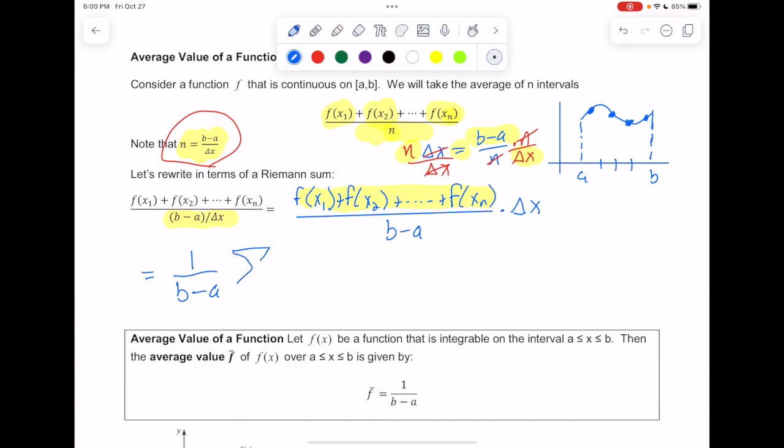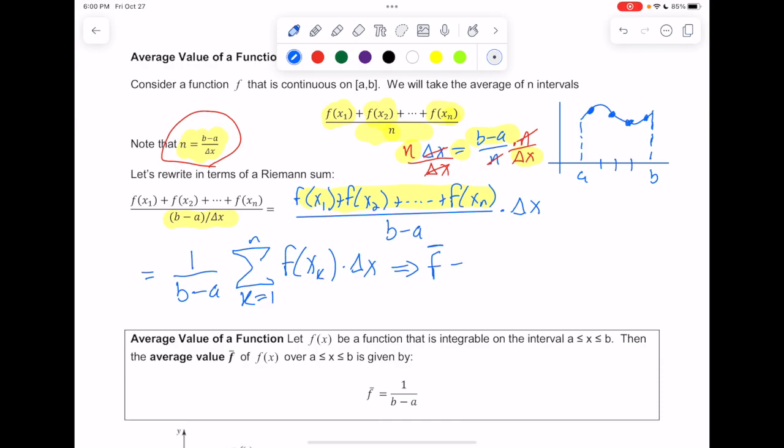So we could write the sum as k goes from 1 to n of f of x sub k times delta x. And hopefully you're starting to recognize that this looks a little bit like the Riemann sums that we turned into definite integrals before. So if we wanted to get a true f average, and we do f with a bar over the top of it. If you've ever taken statistics, x bar is what we often use for an average x value. So for the average value of f, we'll write f with a bar over it, or f bar.